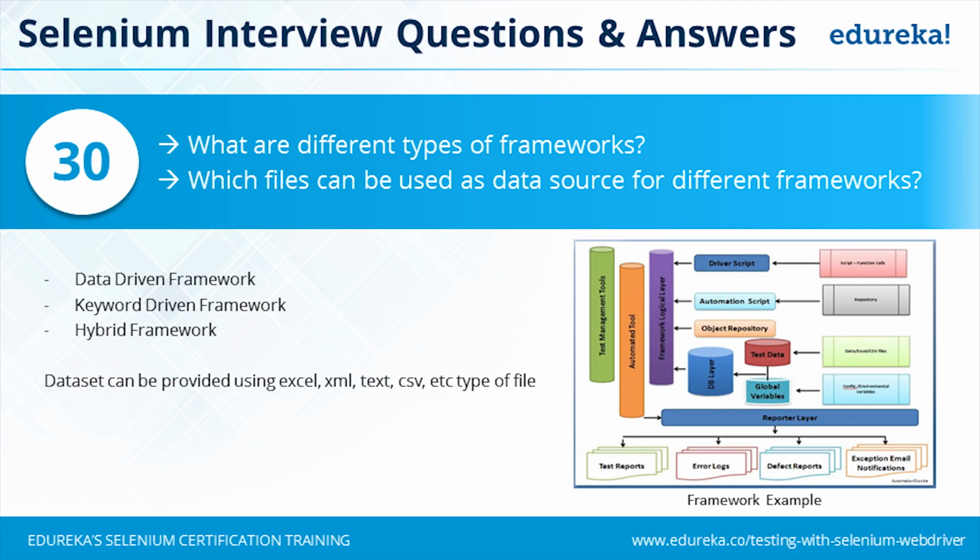And the last one is exception email notification. So exception email notification, it is a part of your framework, because most of the times what you would like to do, while you are still working with your machine, is trigger the execution of automated test cases on a remote machine. So for instance, it takes 4 hours for your automated test suite to get executed. So there was an error after the first hour, and you never checked the machine because you expected it to go on for 4 hours. And after 4 hours, you come to know, okay, you have wasted the last 3 hours because you did not have a look at the machine and there was an exception being generated.